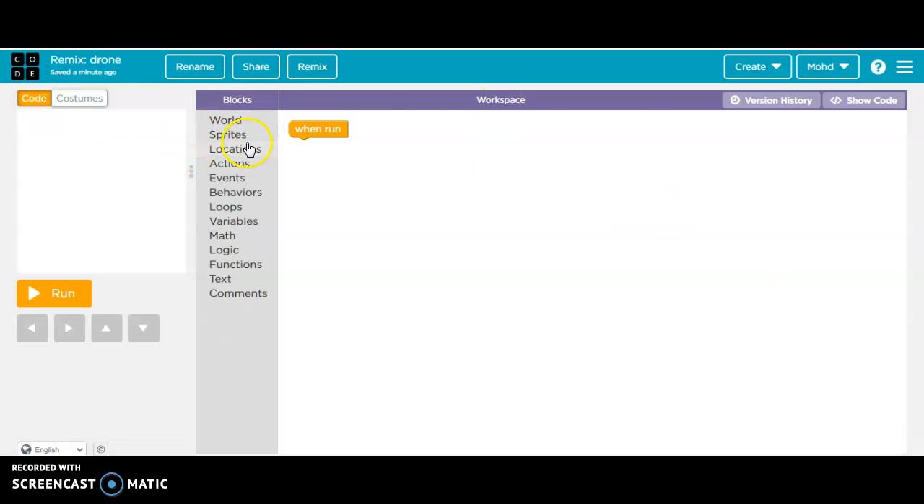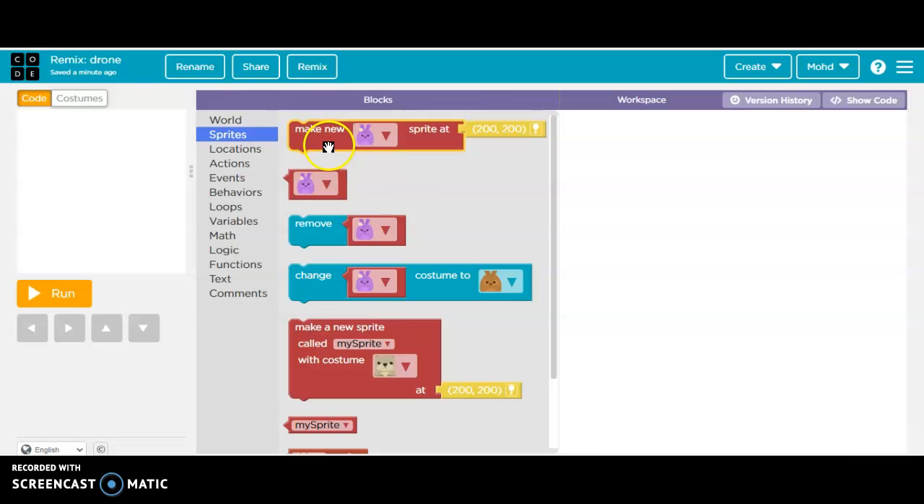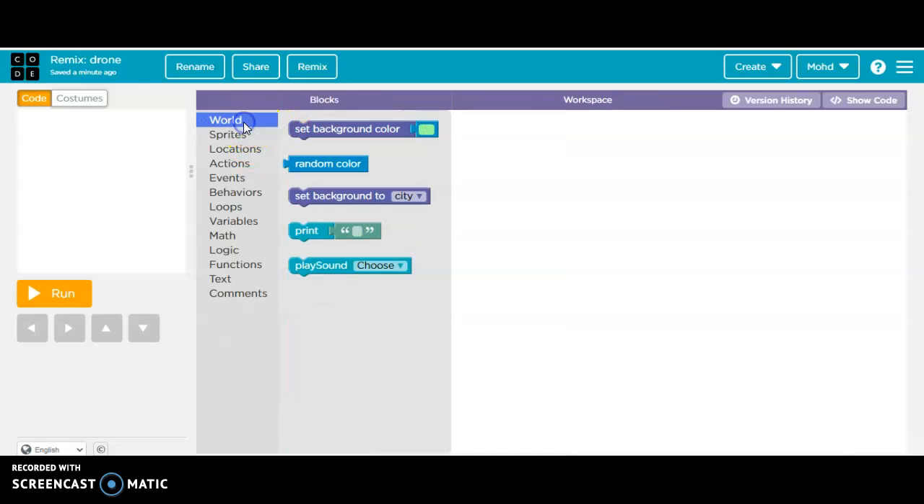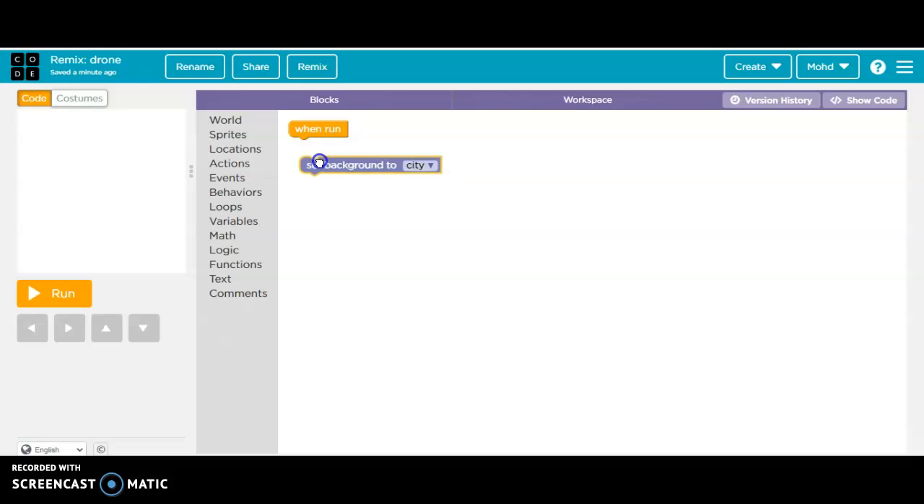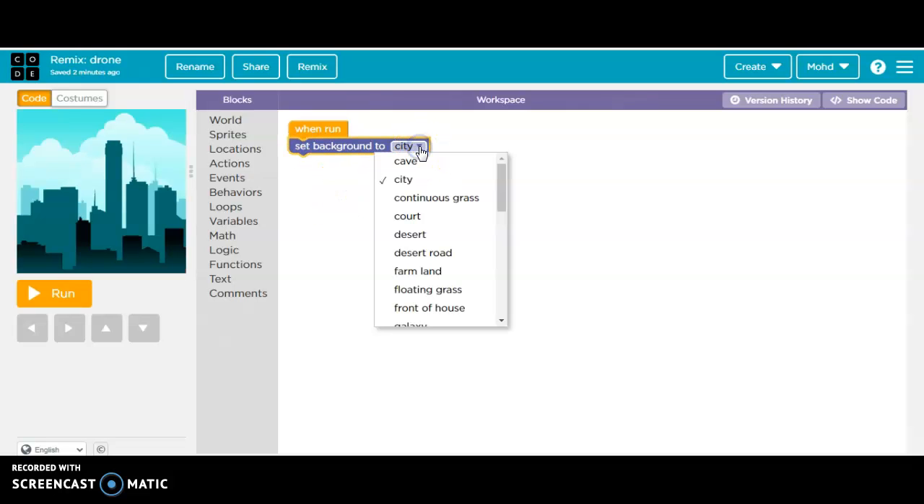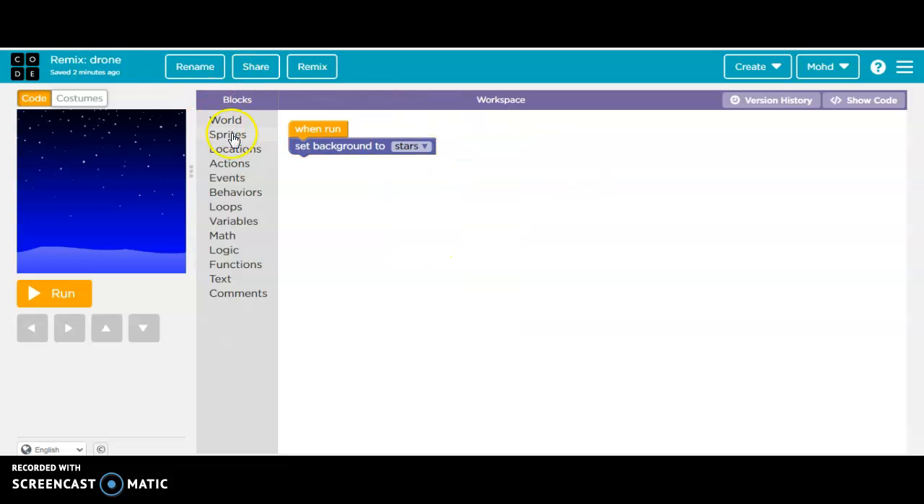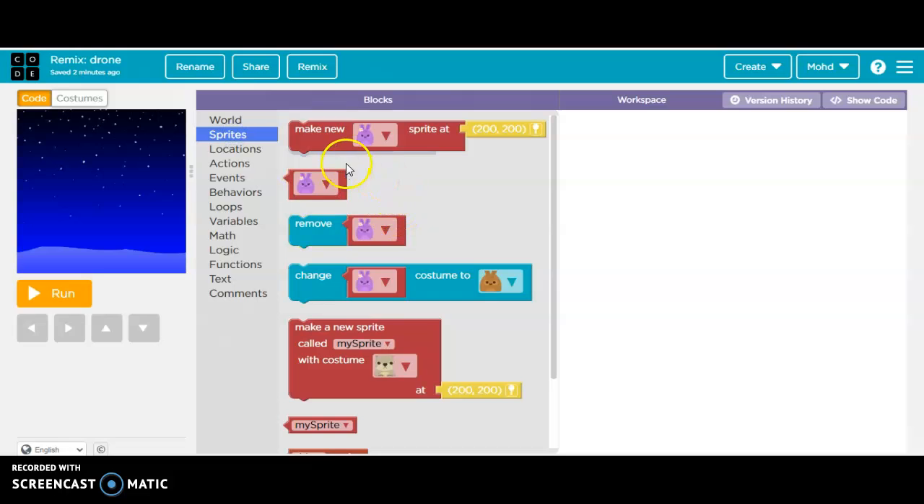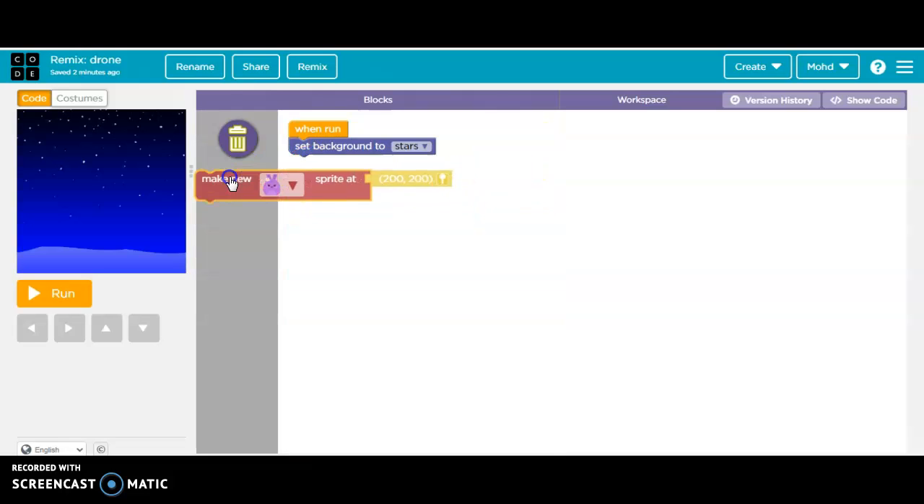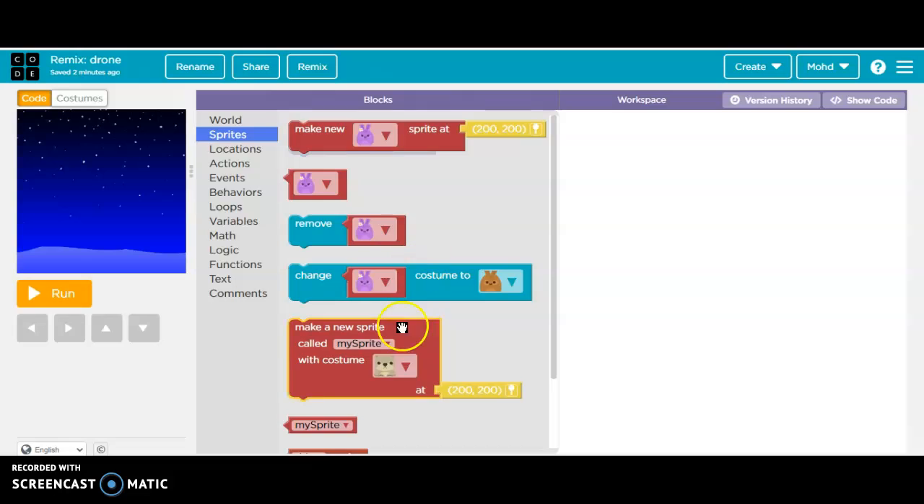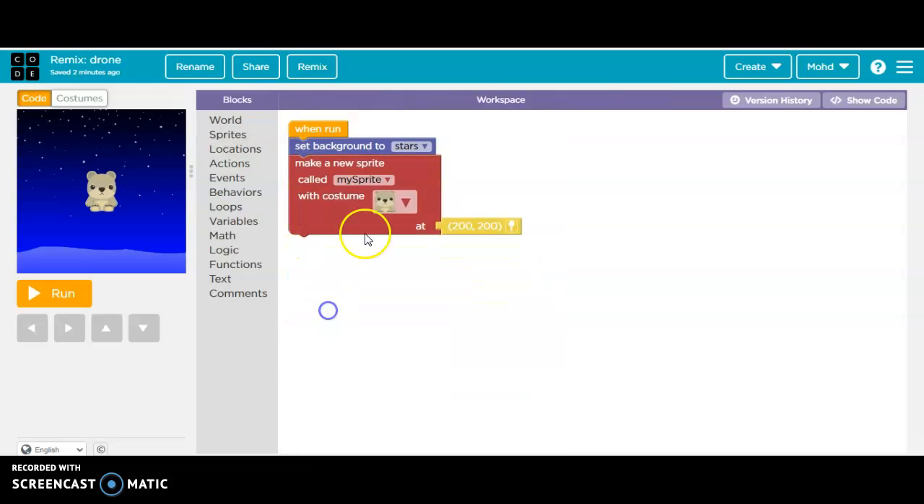First we will click on sprites, then we will make the sprite. No, first we will set the background, we want stars. We will take stars. Now the background is set, then we will go on sprites and then we will make a new sprite. We will not use this one. We will take this one, make a new sprite called